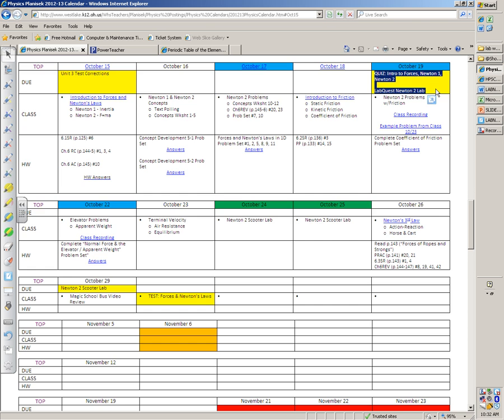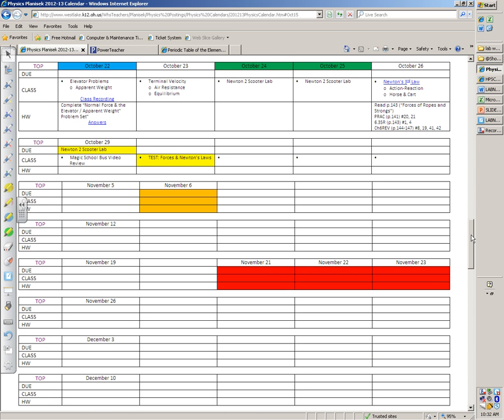Okay. As far as the rest of the calendar goes, today, after we review some of the stuff that we did yesterday, we are going to introduce Newton's third law. It's the only one of Newton's three laws we haven't talked about yet. It's a one-day kind of thing, so we'll talk about that today. Then, on the calendar, I have Magic School Bus video on Monday, test on Tuesday. But I'm realizing now that we probably should spend Monday doing some applications of Newton's third law, how it fits together with Newton's second law.